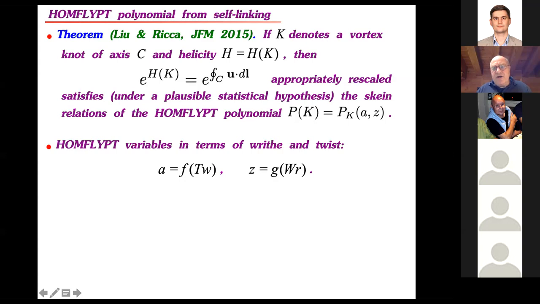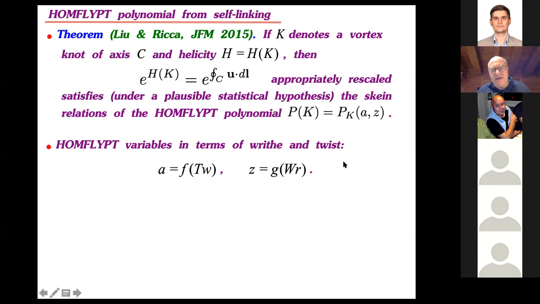It is very important because we can now express this HOMFLYPT polynomial in terms of some physics, and I will show you what I mean by that. First of all, we can interpret these polynomials in terms of the quantities I mentioned before, writhe and twist. We can relate A and Z, the two dummy variables we had before, as pure variables in a mathematical expression. Now we can express them in terms of